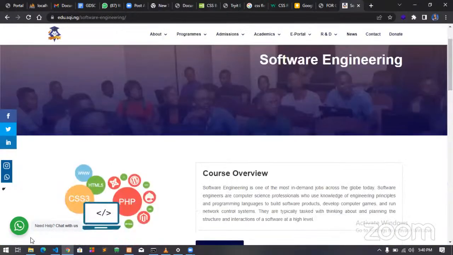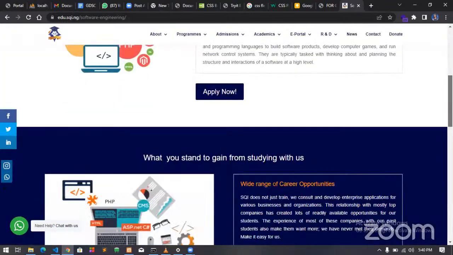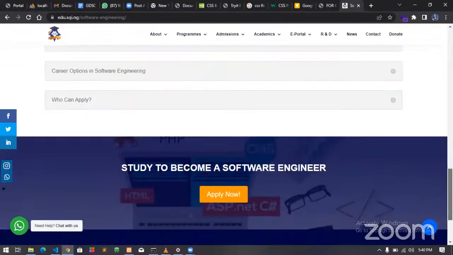But this is an example of position sticky. Look at this chat, "Need help? Chat with us now." Are we seeing this, please? Yes. I want us to get the difference between fixed and sticky. Look at fixed now. This one is fixed, so no matter how I scroll, it doesn't move.